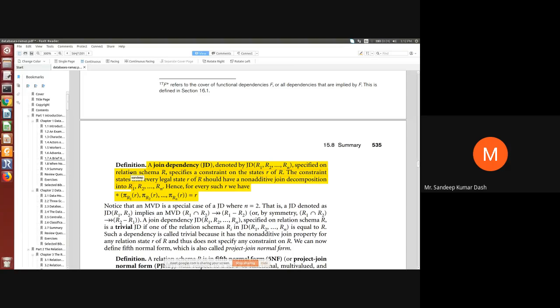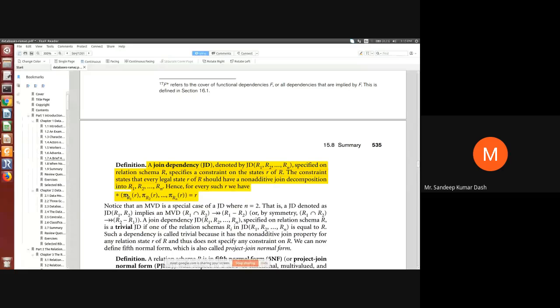If you find any additional data or any additional row in it, that is called a wrong tuple or wrong row, or a spurious tuple. So the definition says that a join dependency, denoted by JD R1 to Rn, specified on a relation schema R, where R is the original relation, specifies a constraint on the states r of R. That means whatever data the relation contains, on all the states it should be applied. For every legal state r of R, it should have a non-additive join decomposition. Hence, for every such r, we have